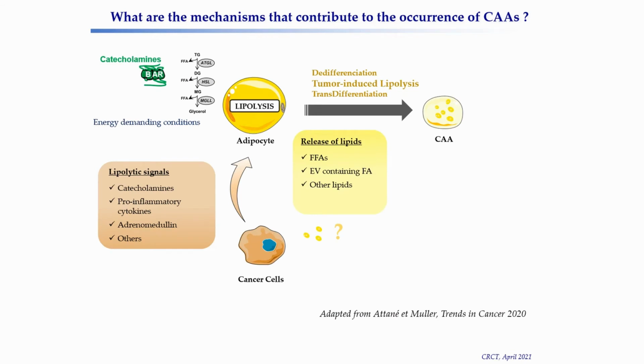So the first question I want to raise here is: what makes an adipocyte a cancer-associated adipocyte? It is probably a very complex process. We have shown in our team that it is partially related to a dedifferentiation process due to reactivation of the Wnt beta-catenin pathway. Some people have suggested that CAAs may also arise from a transdifferentiation into brown adipocytes. We can talk about that. I am not completely convinced by the paper, but what is really important is that you have a tumor-induced lipolysis